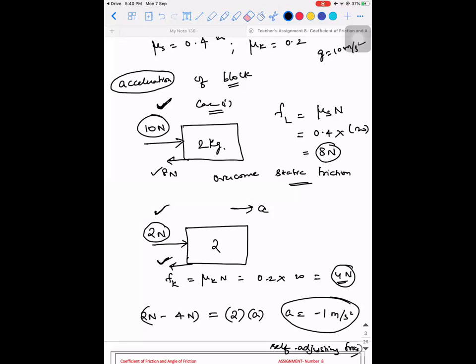You're able to understand the outline? See here, I'm getting a minus sign because I didn't take proper values. I randomly framed a question only to explain the concept. But the main point I want you to concentrate on is to understand what exactly happens. First, when you're solving the problem, you need to first solve with the objective of overcoming the static, that is the limiting friction. The second thing you're supposed to do is that the resultant force after overcoming the static friction is what is going to cause the motion on the object.